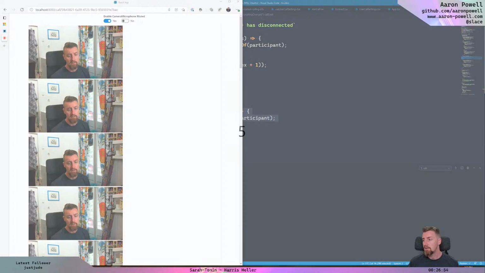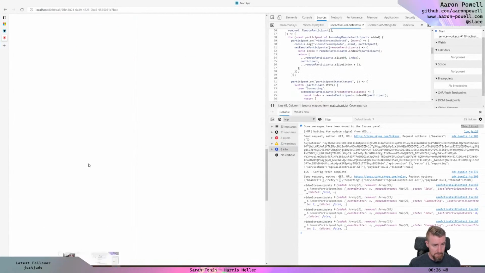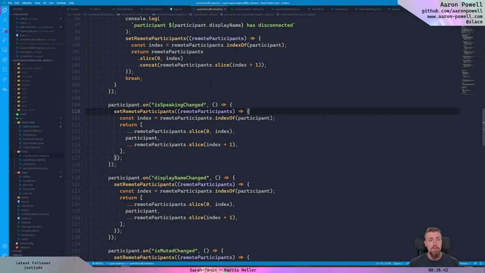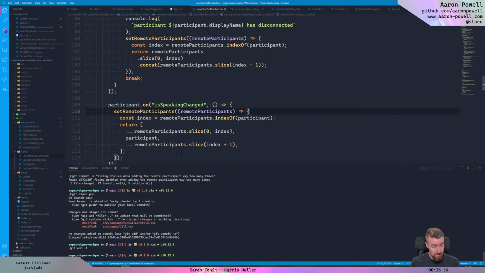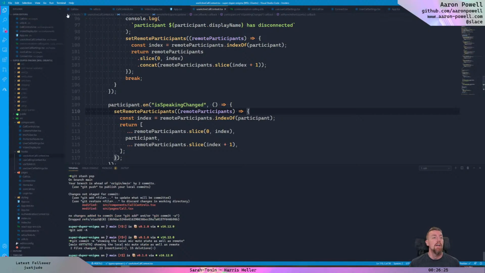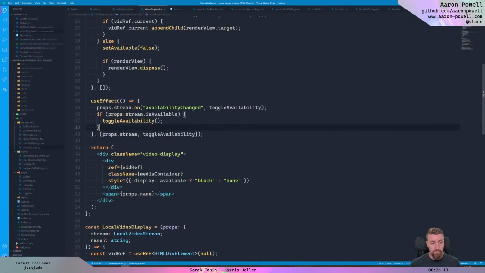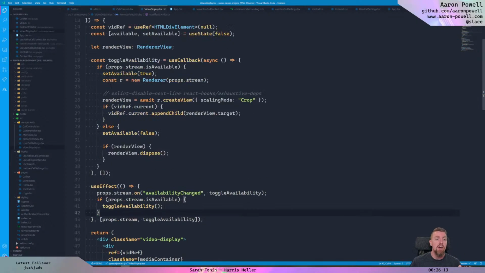I just need to fix the local video stream so that we don't end up with a lot of local video streams. The most likely reason for that to be happening is, actually, let's first commit that change, showing the local mic mute state as well as remote. Now the reason that error is probably happening is that the way that we get rid of the camera and the way that we hide it is that we have